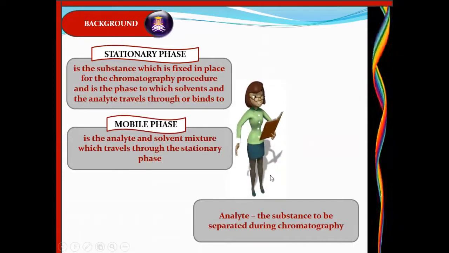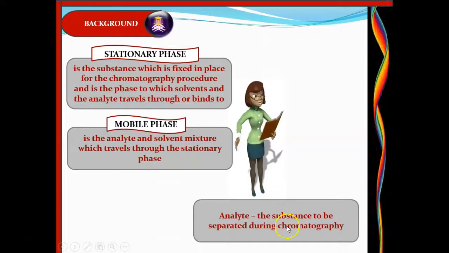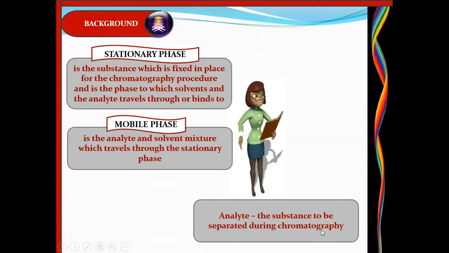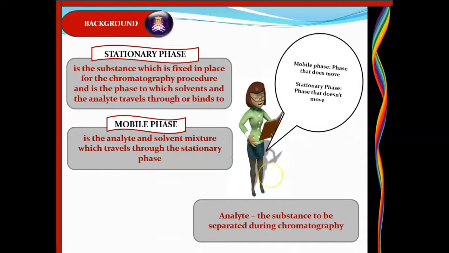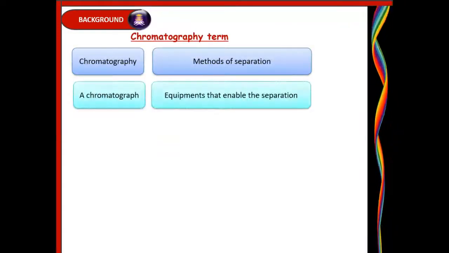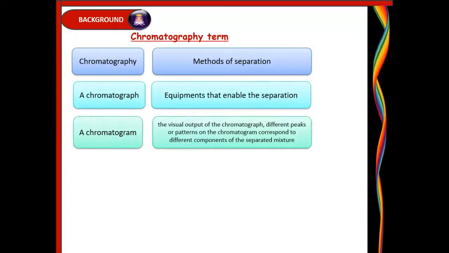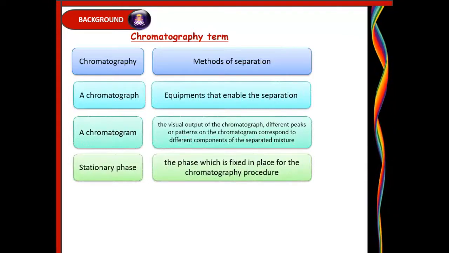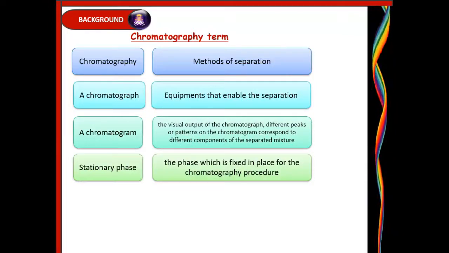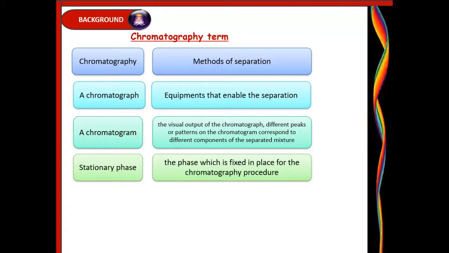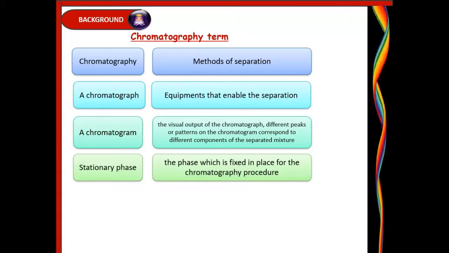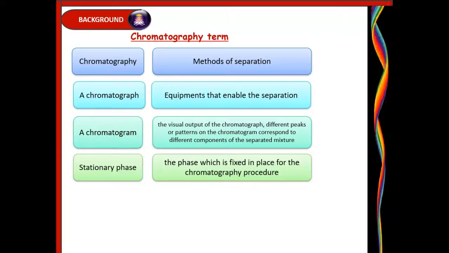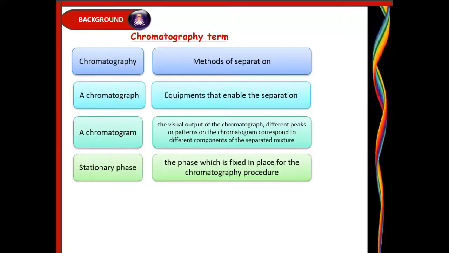And the analyte is the substance to be separated during the chromatography. Some of the chromatography terms: we have chromatography, which is the method of separation. A chromatograph is the equipment that enables the separation. For example, we have gas chromatography,